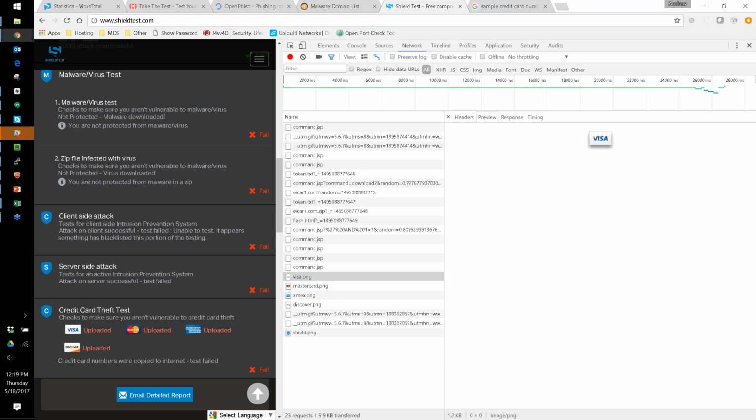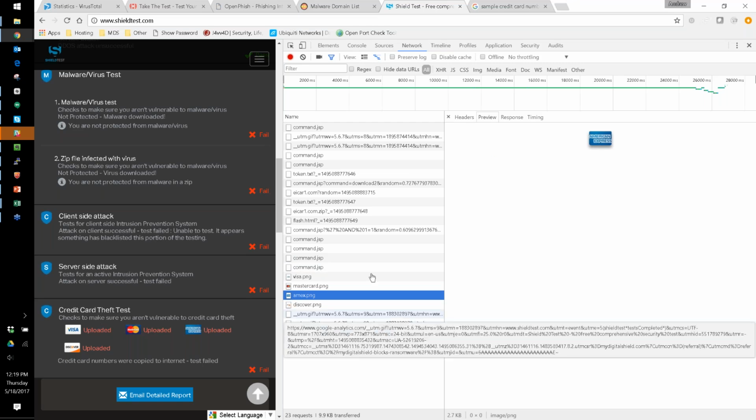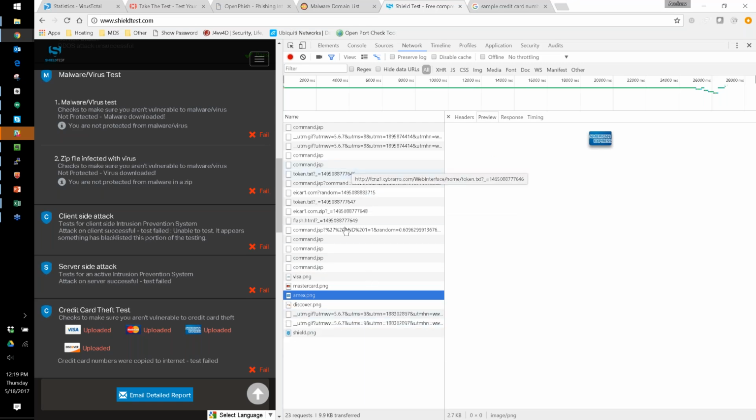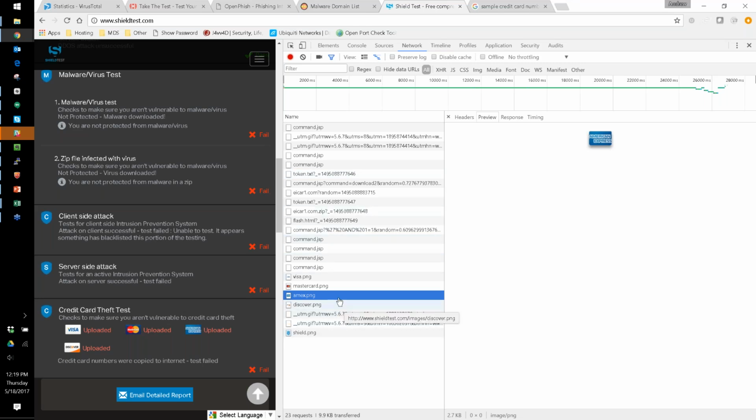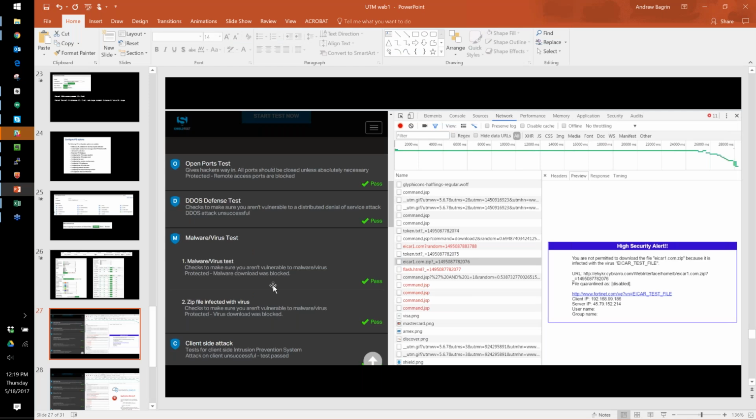And then these are just images that this is pulling down. If you go in here and go to preview, you can see that it's just images that it's pulling down within the JavaScript. So this is just to show you in detail what Shield Test is actually doing, because I know I've had some questions about, hey, is this a legitimate test? Because what is it actually doing underneath the covers? And to show you some of the same stuff I ran behind